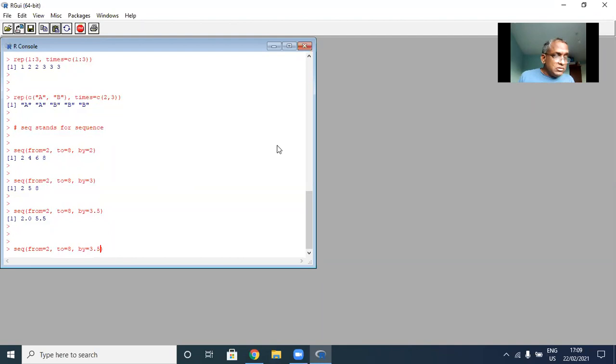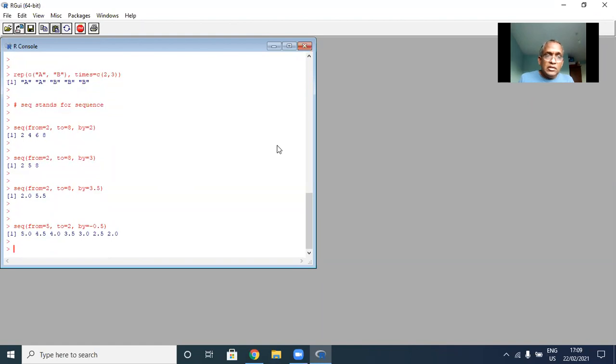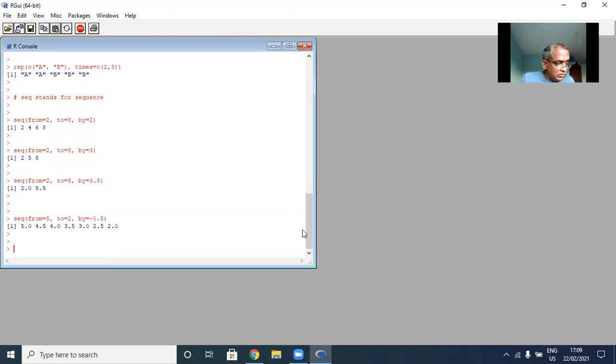Right, now you can also have a decreasing sequence like this. So you can go from 5 to 2, decreasing by minus half every time. So it will be 5, 4.5, 4, 3.5, and so on, right? And you can also have